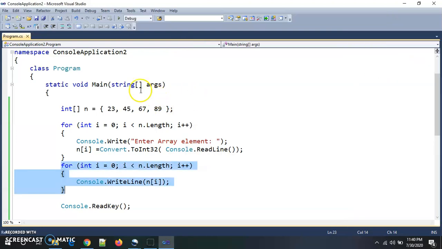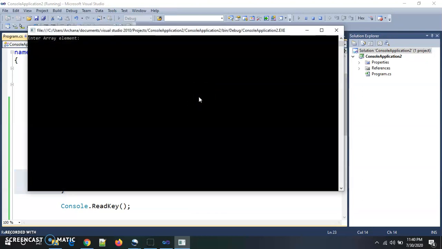If I run again and give some different values, at this time I am giving these values, then it gives me different output. Meaning every time I run the program, it gives me a different output. It does not happen that every time the same result comes. So this is the dynamic program.